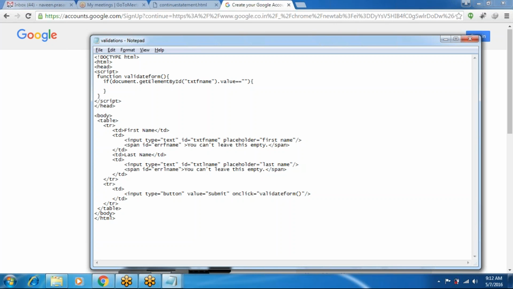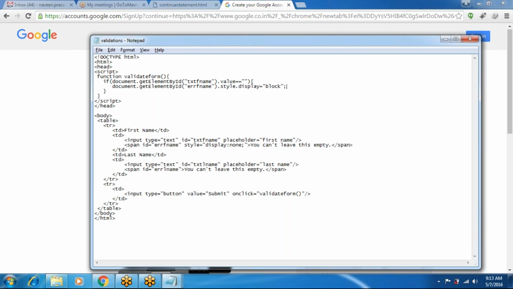The error message will be hidden the first time, so use the display property none. First time this error message will not display. When you click on this button, if the first name text box is empty, this error message is displayed. So document.getElementById errorFirstName.style.display equal to block.